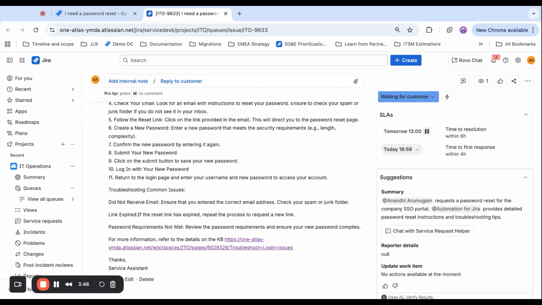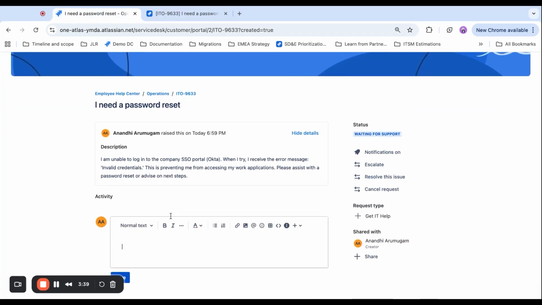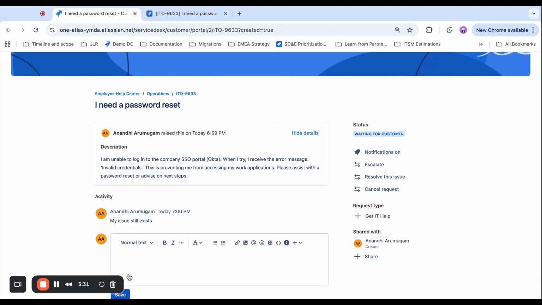my login issue. If I still cannot fix the issue by self help, then I can obviously comment on this and say my issue still exists. And that is when the team will be able to take a look at it for me. But if my issue is solved by